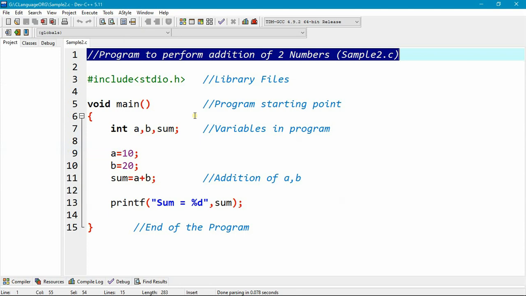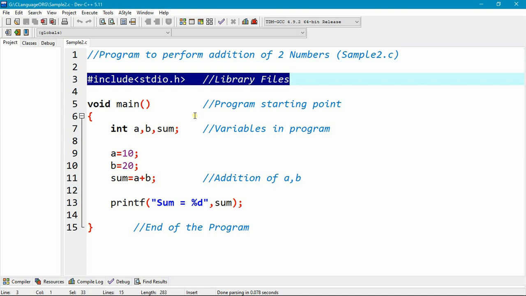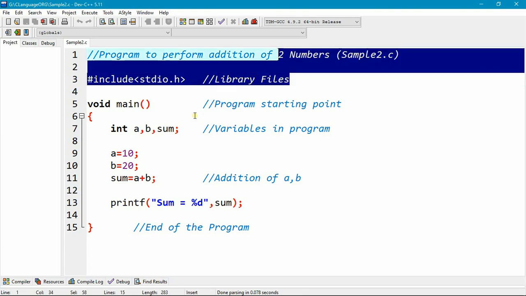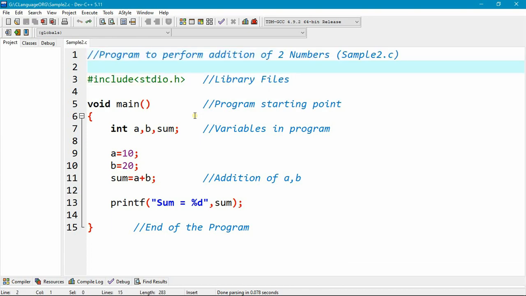Any person who is reading your program will understand your program simply and easily. Next, I am writing library files, hash include stdio.h, and I am doing that with single line comments. Library files.